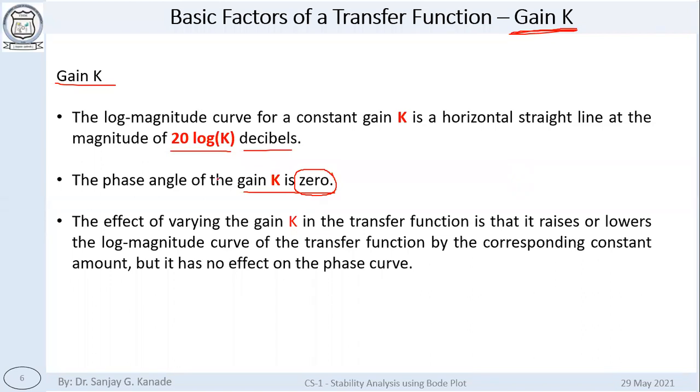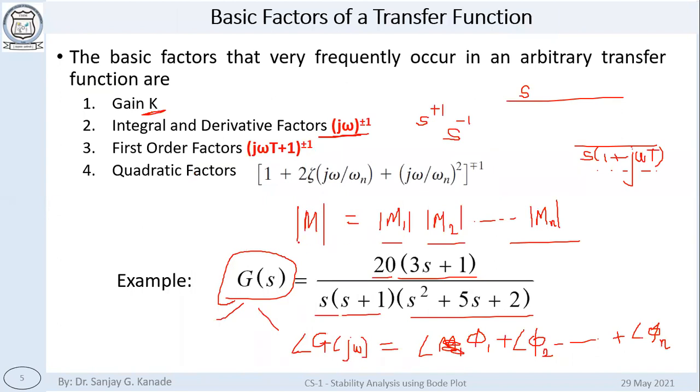One more thing that is happening because of this log scale of the decibels, and this is a very important one. Okay. See, the overall magnitude of the function is multiplication of individual magnitudes, right? However, if we express this magnitude in decibel scale, it is also based on logarithms. So if you take logarithm of this, if I take 20 log to the base 10 of this M, what will be the value here?